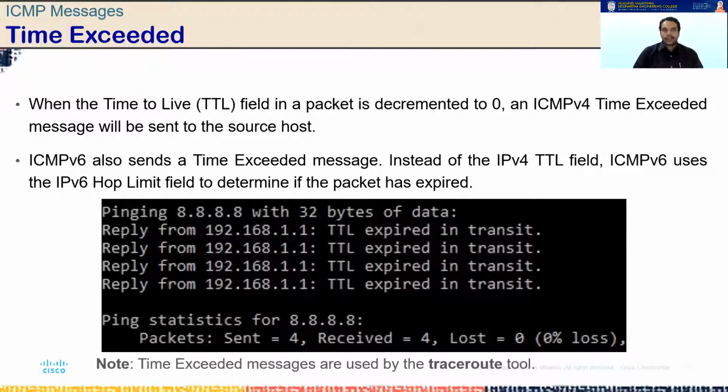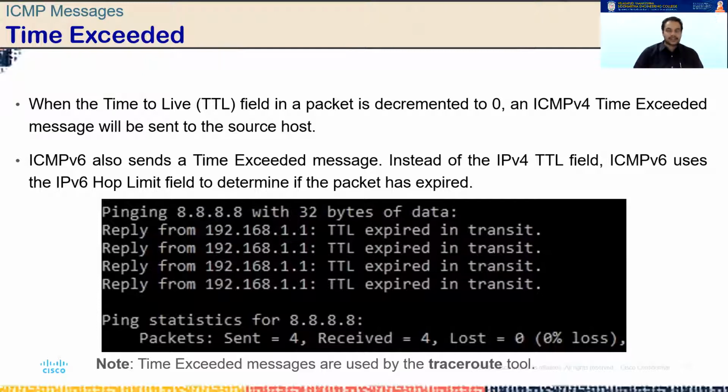You might ask why we need a TTL field. Because we don't want the packets to live for an eternity in the network, we usually set the TTL counter to the maximum number of hops that it might take to reach a destination within a network. So for each and every hop the packet takes, this TTL field is decremented by 1.